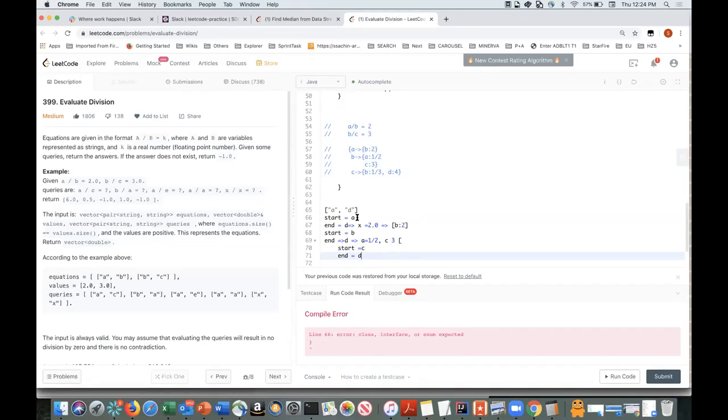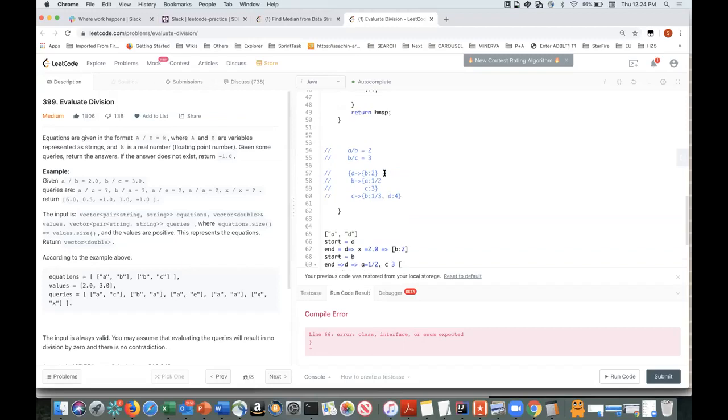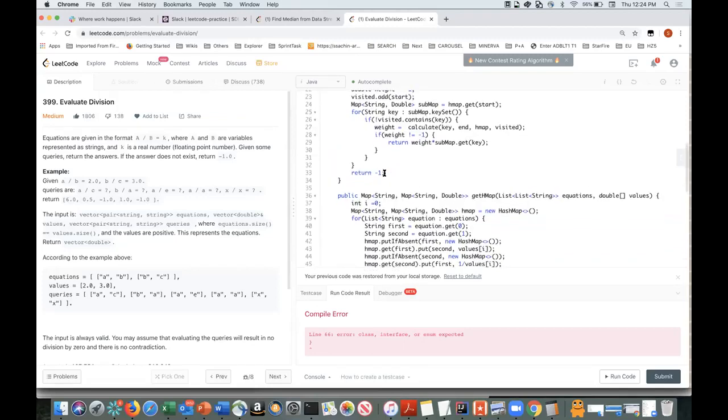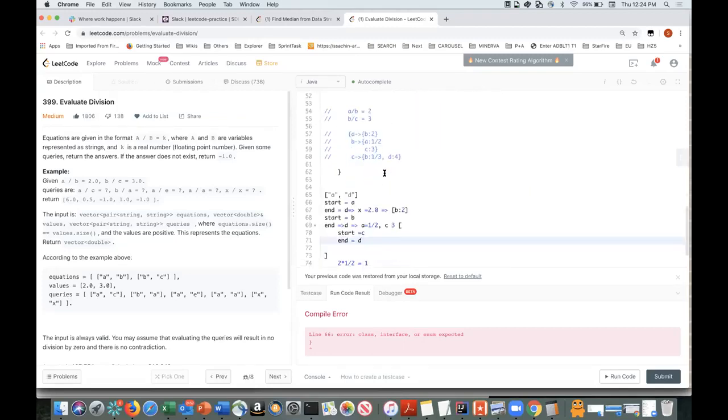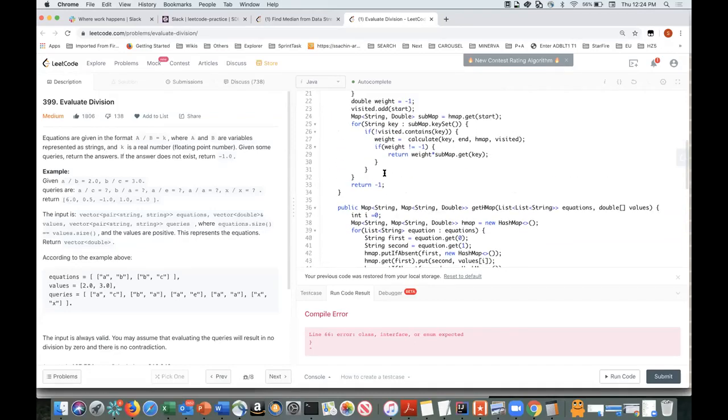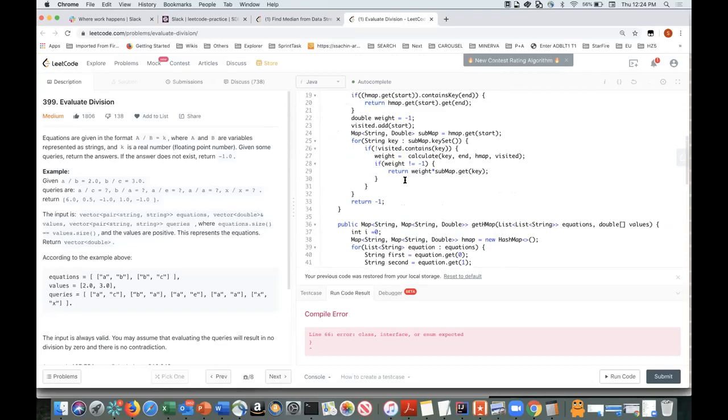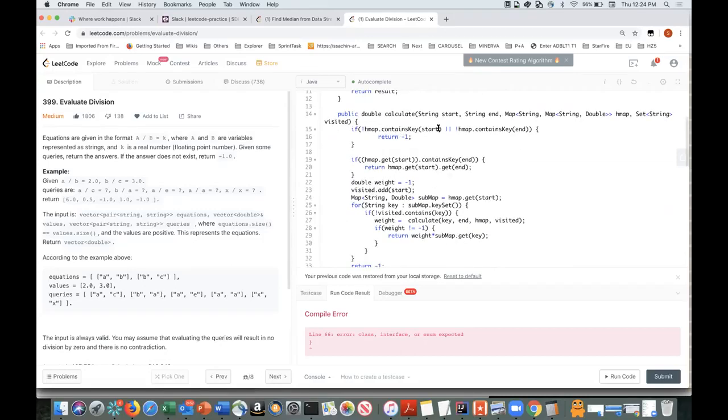Could we do something like this: we are multiplying those values, but if we are traversing A to D to A as well, then it is not counting. But if we are traversing D to C and C is moving ahead, then we are counting. So something which we have to take care of: if we get that value, only then we start multiplication. If it doesn't get the key, we return -1 in our recursion. And once we get the value, only then we start computing.